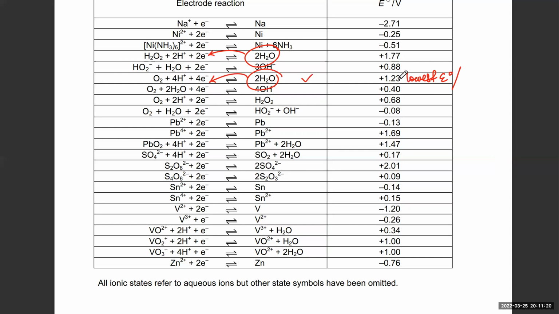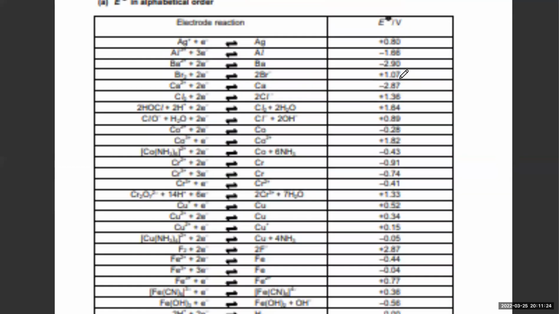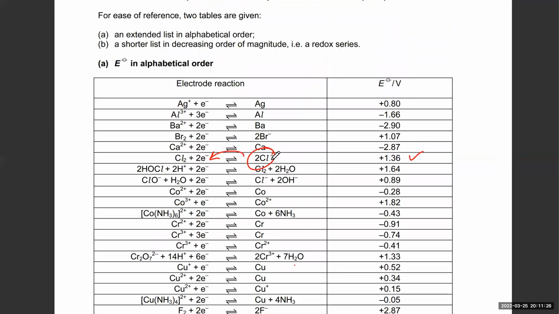But the difference between these potentials, 1.23 and 1.36, is not a lot. And since they're using a concentrated solution, if you use concentrated Cl ions, where would the equilibrium shift? The equilibrium is going to shift backwards. Like if I do the working over here. So remember, changing the concentration changes the potential. So if I have a higher concentration of Cl ions in the solution, the equilibrium would shift in the backward